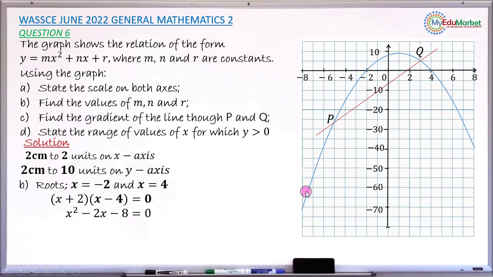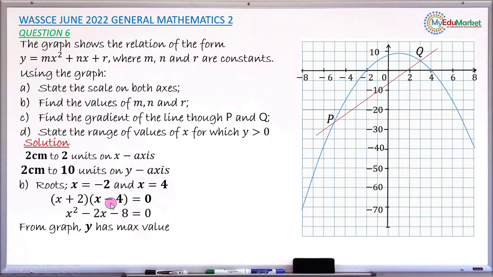But looking at our graph again, this curve that is drawn has a maximum value. Having a maximum value means the curve started from the bottom, moved up, and moved down again at the turning point. This is the turning point. So it is at this turning point that the curve is maximum. If the curve started from up, went down, and moved up again, then it would have a minimum value. So curves that have a maximum value,